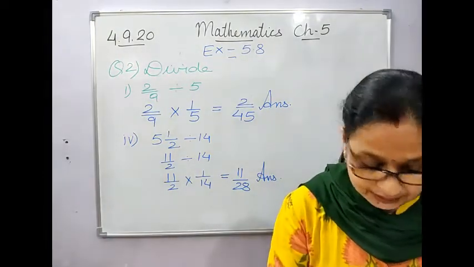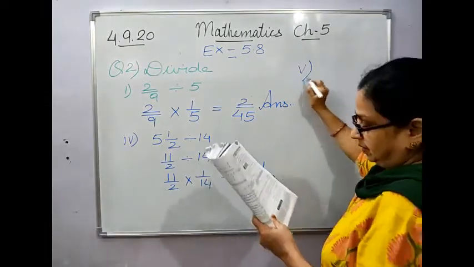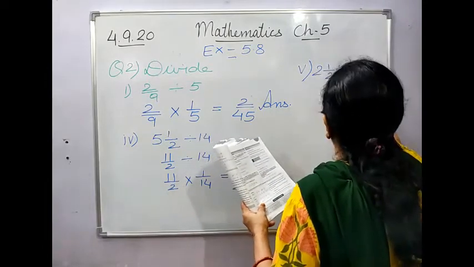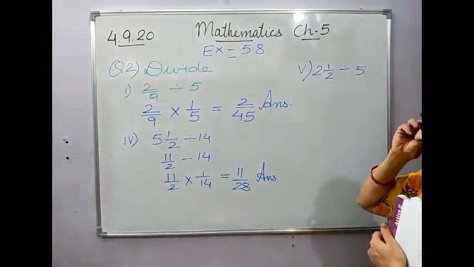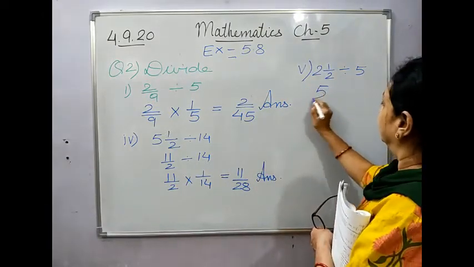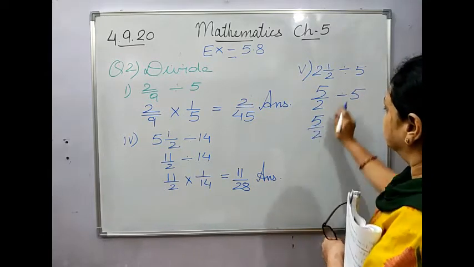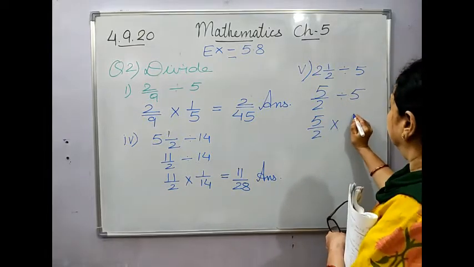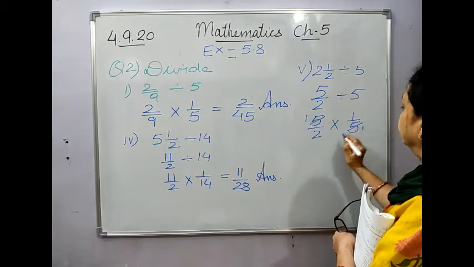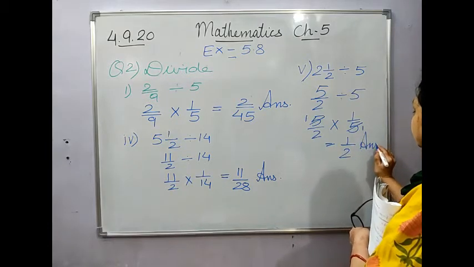Now I'll show another sum, the fifth one. It is 2 whole number 2 upon 5 divided by 5. Okay. I'll show it the same way. First I'll convert it into improper. 2 2s are 4 and 1, 5 upon 2 divided by 5. This will get converted into sign of multiplication, and this will be reciprocated. Now you can easily cut this. 5 ones are 5. So your answer becomes 1 ones are 1 and 2 ones are 2.